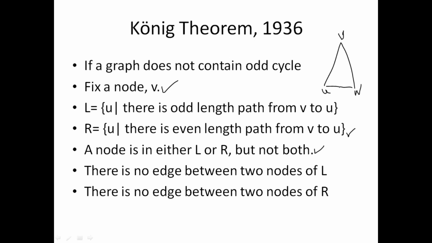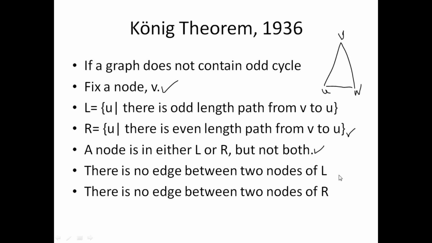So this graph is bipartite, which implies that I can always color the vertices in L with red color, and I can always color the vertices in R with blue color, so that every edge that you take, the endpoints will have two different colors. So this proves that a graph is two colorable if and only if it doesn't contain an odd cycle. This also means that a graph is bipartite if and only if it doesn't contain an odd cycle. So we will use this particular theorem to come up with an efficient algorithm to decide whether a given graph is a bipartite graph or not.